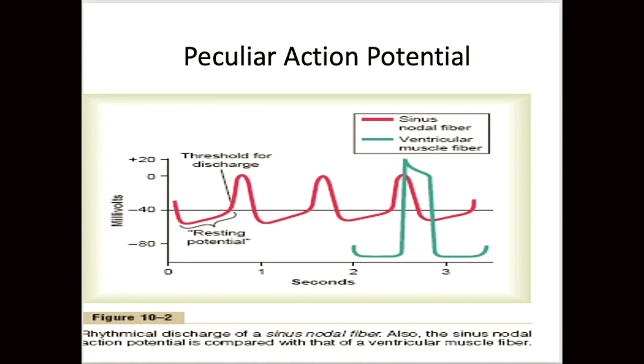As you already know, the action potential in the cardiac muscle is peculiar, and it consists of a depolarization, a plateau, and a repolarization. Depolarization is caused by the rapid sodium influx through fast sodium channels. The plateau is caused and maintained by slow calcium sodium channels, while the repolarization is caused by rapid potassium outflux through the potassium channels.